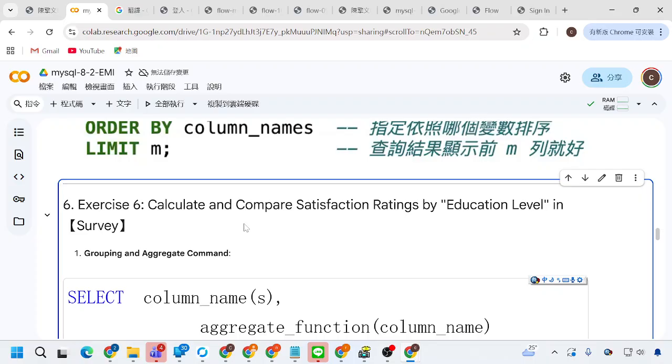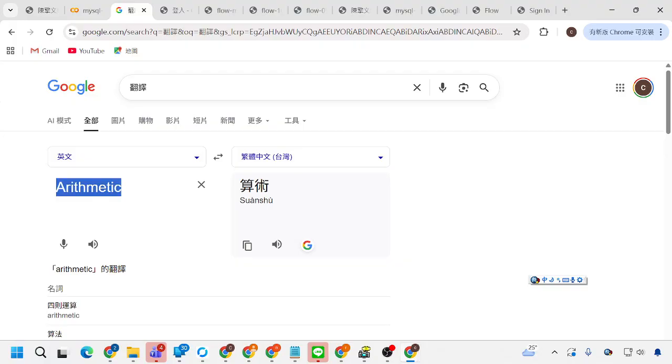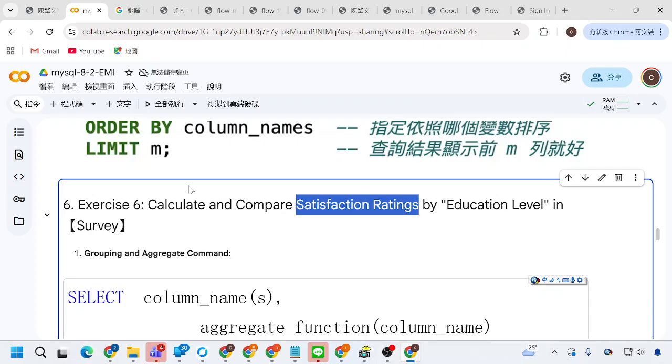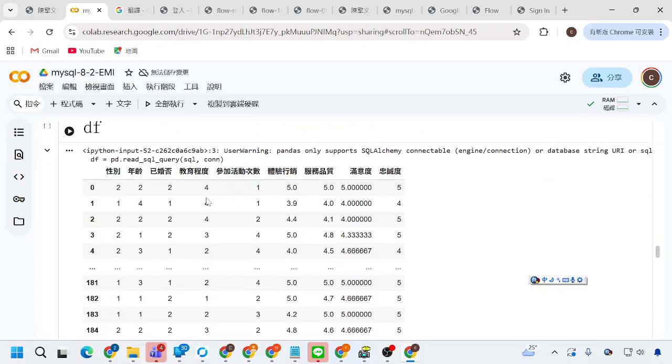So I have data that is survey, and I want to do the satisfaction rating by the education level of this metric. Satisfaction rating, that is 满意度评分。